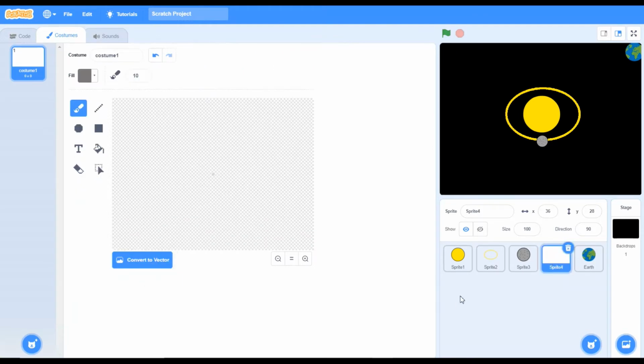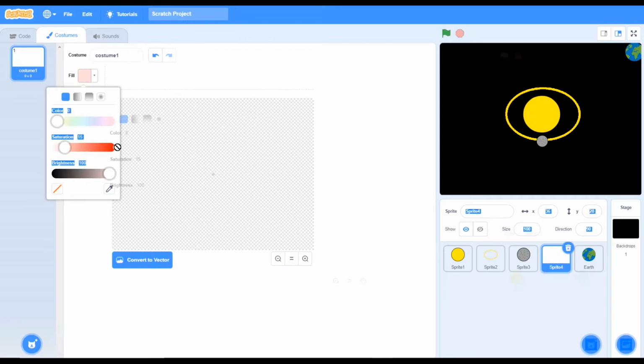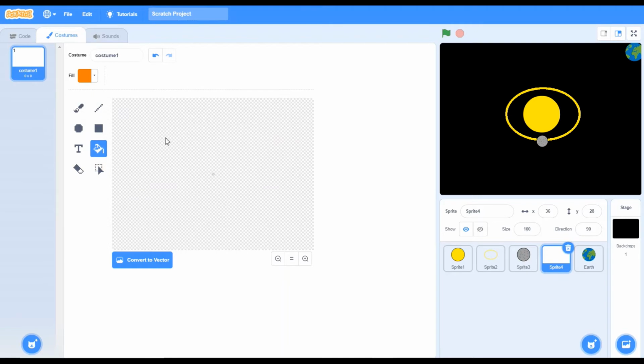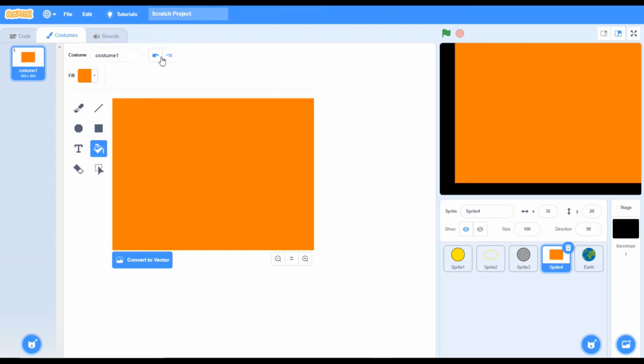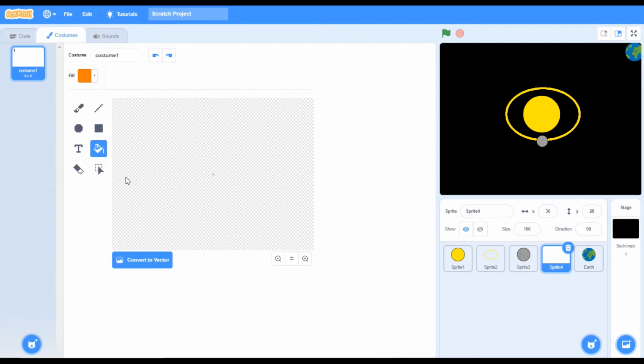Then again, as always, like the previous one, we will create the orbit. Now, if you want, you can change the color. Maybe, yes, this color is looking perfect for it. What? Oh, actually, sorry, I have made a mistake. Nothing will happen, no worries. I will try it one more time. I am clicking. Oh, actually, no, I have to go to the circle mode, outline. Then again, I will create the ring of fire.